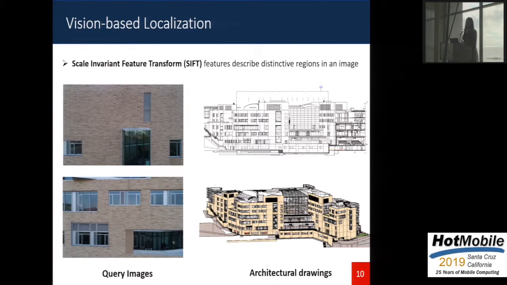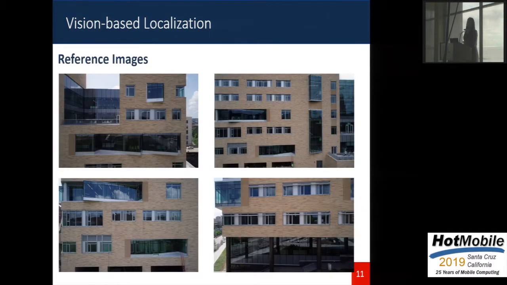For this, we introduced an intermediate step, introducing something called reference images. What we do is capture wide-angle images of the exterior of the building at different locations, and we manually register these to the virtual drawing. These images in the database are indexed using the SIFT features. So now, instead of directly mapping the query to the virtual drawing, we map it to these reference images, which are already mapped to the engineering drawing.